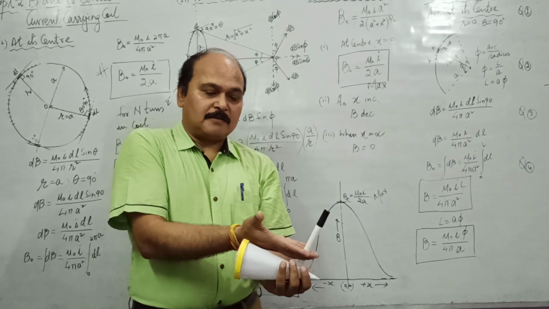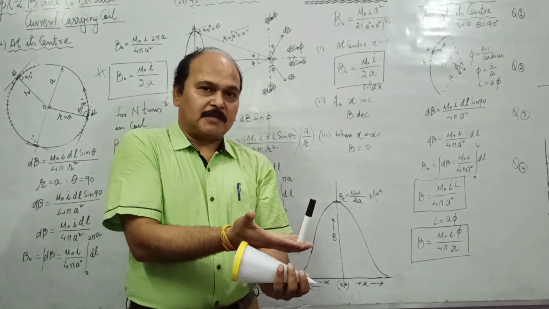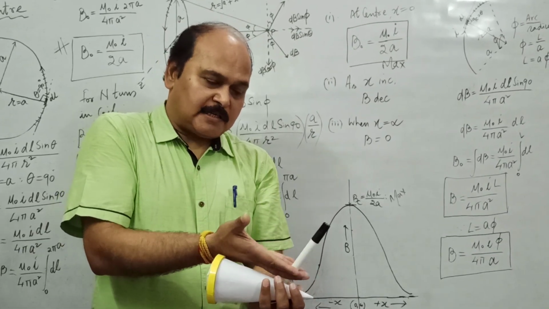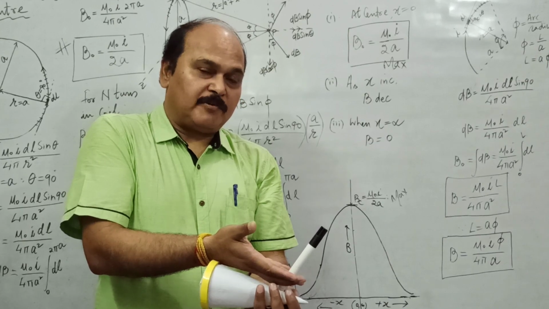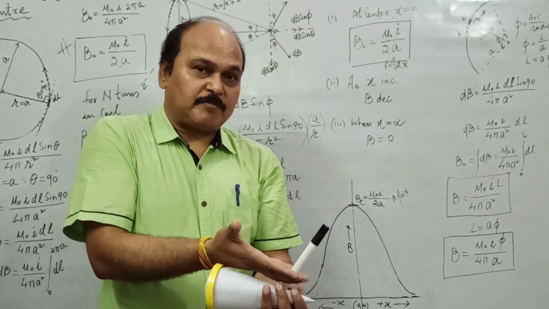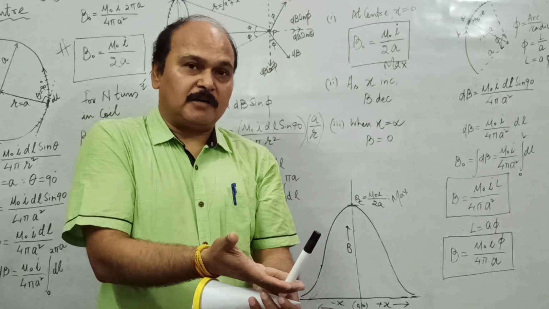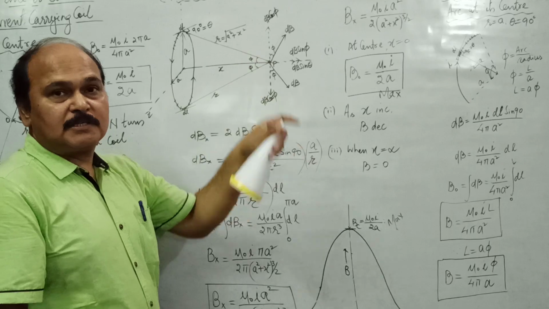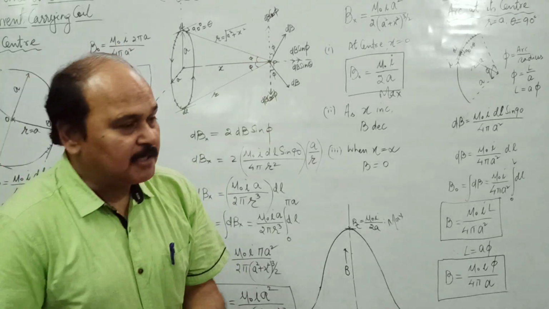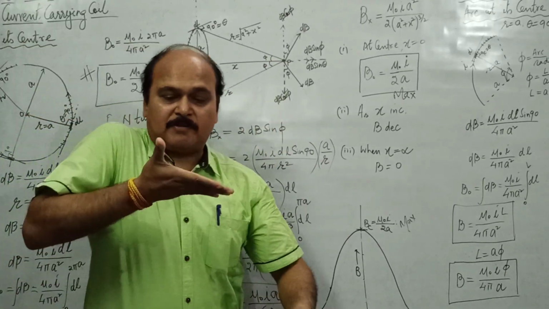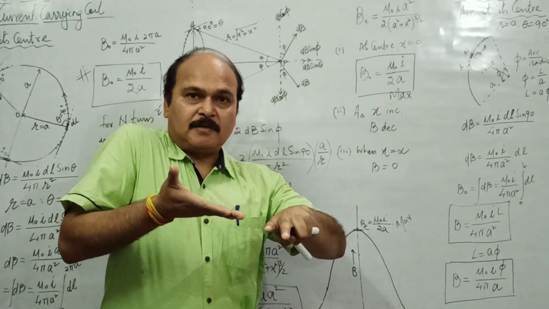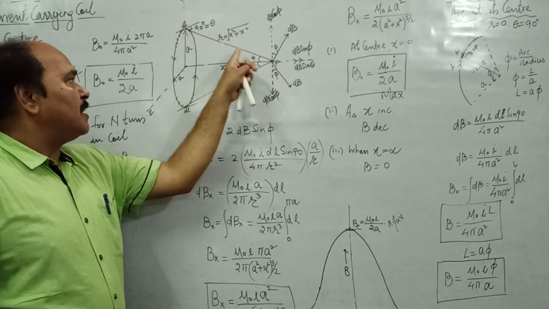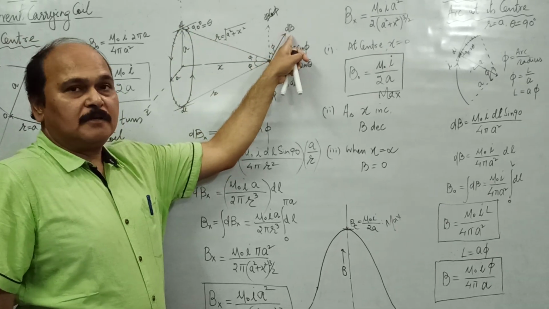Is it clear? This is the direction of current passing through this segment at the top, and we stretch our hand, take our finger to the point where magnetic field is to be found out, and the direction of magnetic field is the direction perpendicular to the palm. So this is the direction of magnetic field. The direction here is going to be perpendicular to this incline. This incline is nothing but the spread of the palm. In the transverse view we see it just as a straight line. So this is the palm, and perpendicular to the palm is the magnetic field.